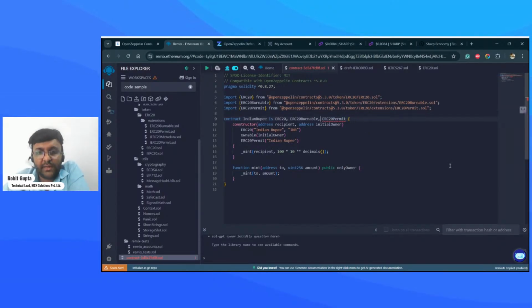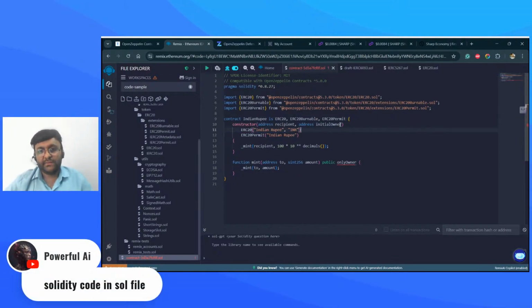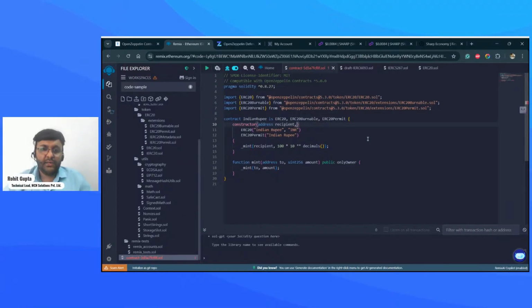The initial owner is gone. Similarly, this part of the initial owner is also gone. And since I don't have Ownable imported, I need to remove onlyOwner. So now anybody can mint it.